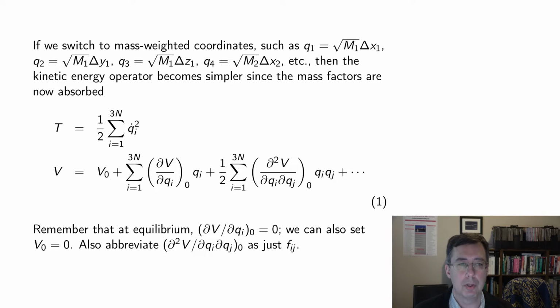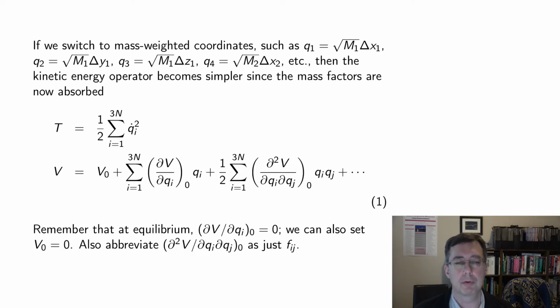So Q2 will still be atom 1, but it'll be in the y direction. Q3 will still be for atom 1, but in the z direction. And then Q4 starts me on to atom 2, and et cetera, et cetera. All right, in that scheme, your kinetic energy operator can be written in a much simpler way as